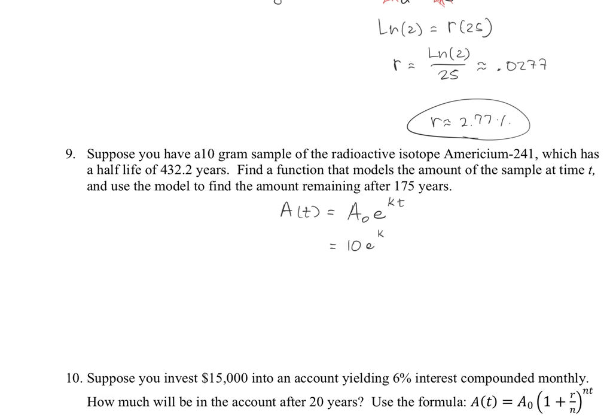We don't know the relative decay rate, but we know that if we allow time to be 432.2 years, then half of the sample will remain. That's the half-life. So we can plug in values for all of the other variables so that we can solve for k. And remember, if it's a decay rate, k should be negative. So divide both sides by 10, we get 5 divided by 10, or 1/2, equals e to the k times